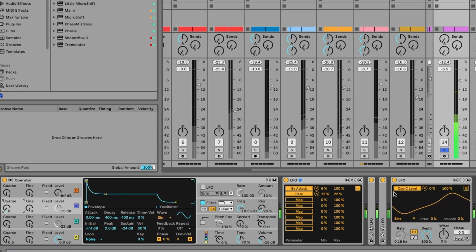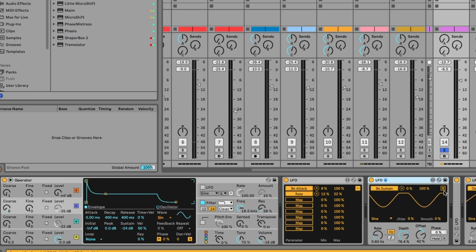Okay, so again, we don't want it going all the way. I think to have it go to 0 is fine, because we get a nice variation in the timbre. Okay, so